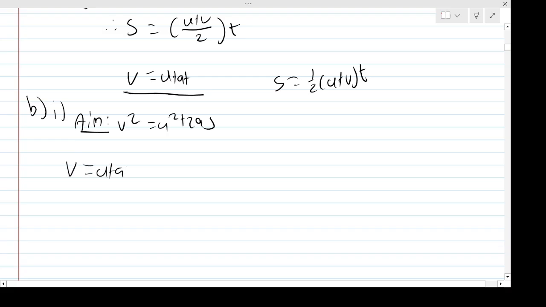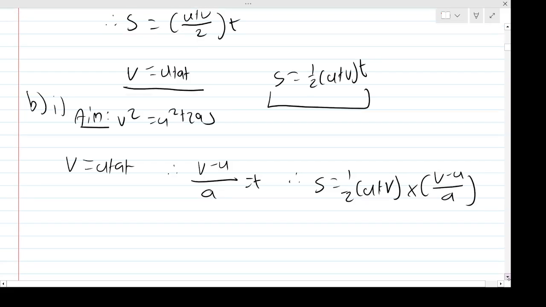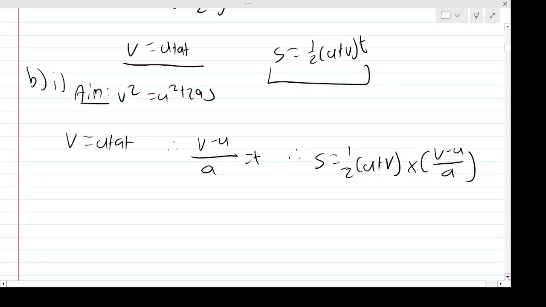So if I take v is u plus at, and rearrange for just t, which I'm going to substitute to eliminate it, then v minus u divided by a is going to be t. So therefore, if I substitute t into here, I'm going to get s as a half of u plus v times by t, which is v minus u over a. Okay, so then at that point, if I multiply it, I get s is a half of u plus v, then v minus u